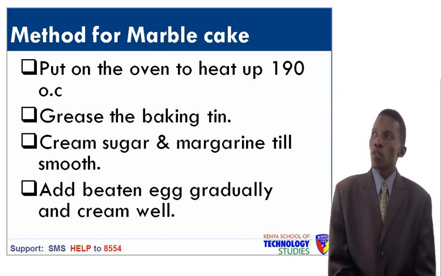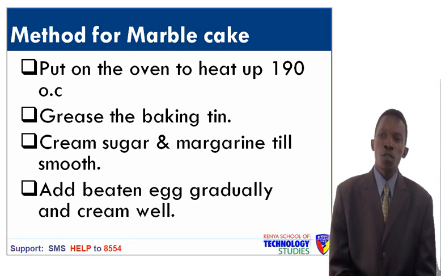So we proceed to the method for marble cake. First, you are required to put on the oven to heat up to 180 degrees Celsius, a temperature which is suitable for cake baking. And this you do in advance before you start with the rest of the preparation, so that by the time you finish with the preparation, the oven is at that 180 degrees Celsius, suitable for cake